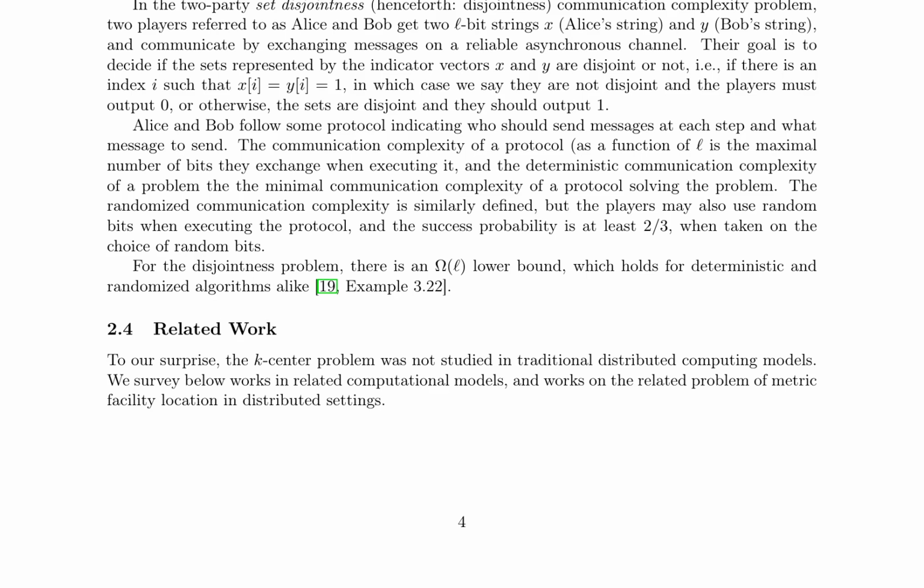The communication complexity of a protocol is defined as the maximal number of bits exchanged during its execution, with deterministic and randomized complexities differentiated based on the use of random bits. A lower bound of Omega(L) for the disjointness problem is established, applicable to both deterministic and randomized algorithms. Finally, the section concludes with a discussion on related work, including traditional distributed computing models and the metric facility location